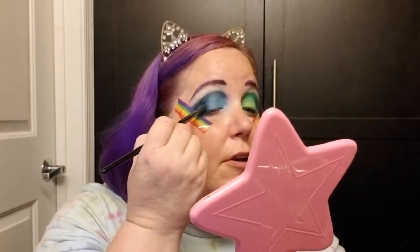By the way, I really have started loving this blending brush because I feel like my looks have been a little bit more blended since I've been using it. Not that I always want that type of look, but if I do want a more blended look, this is the way to go. I'm going to actually dip into the blue from this one as well. It's like a bright blue. And see if I can get a little bit more brightness out of the...